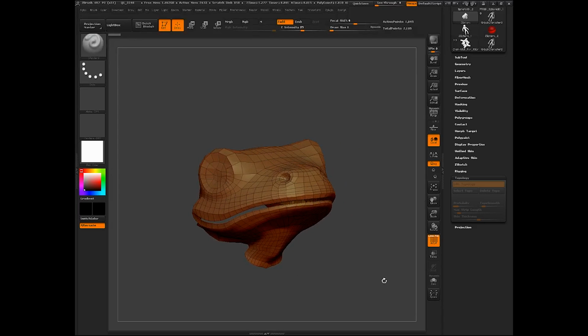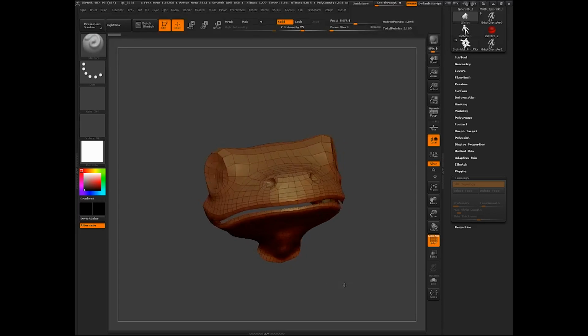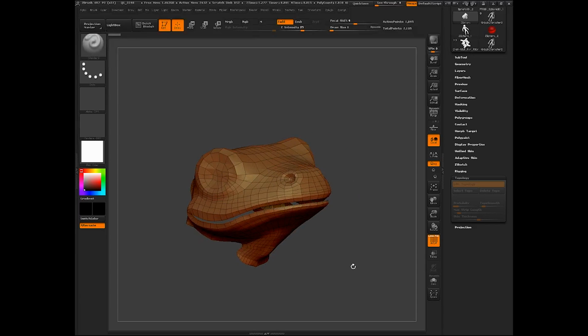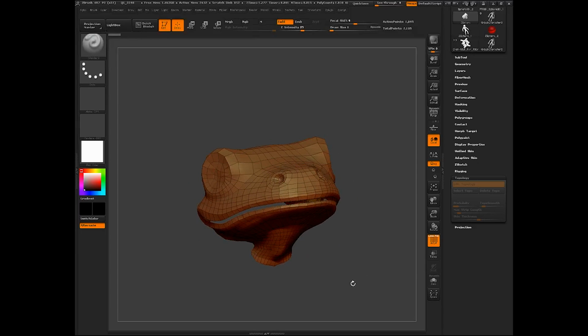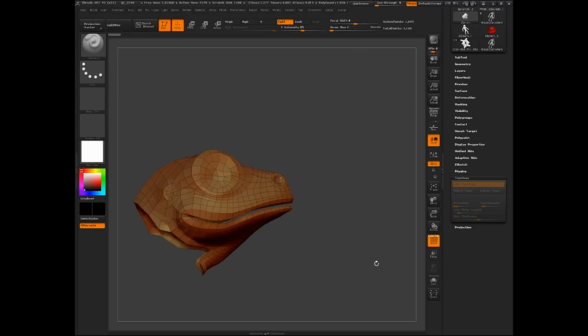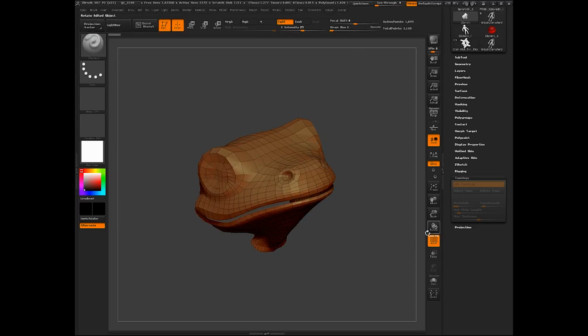what's nice is your retopology. If you sculpted something in ZBrush, your retopology should be the size of your original sculpt, and be in exactly the same position. So if you have a lot of extra detail that maybe can't be captured in your retopology, you can do a projection in ZBrush to capture all that detail again, and then create a normal map and apply it in your 3D package.